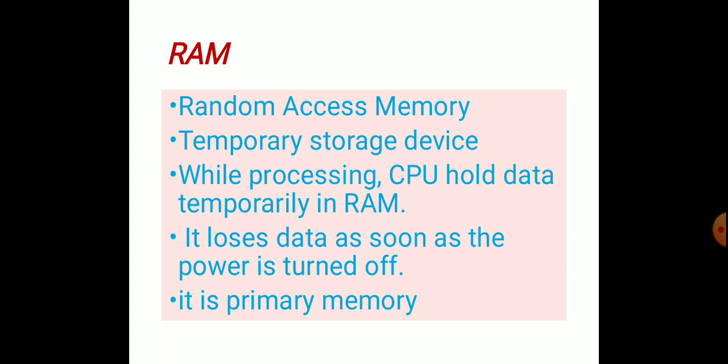The data whatever you typed will be stored in RAM. Suddenly if power off takes place, automatically it will be removed from the RAM. So before saving the data, it will be in the RAM. In the same way, while processing, the CPU needs some data. That data also can be stored in RAM. This is a physical structure of RAM.